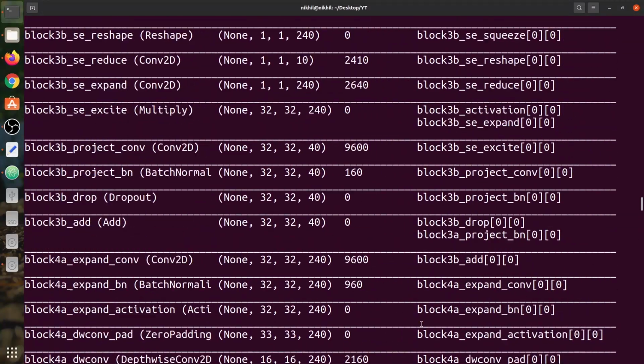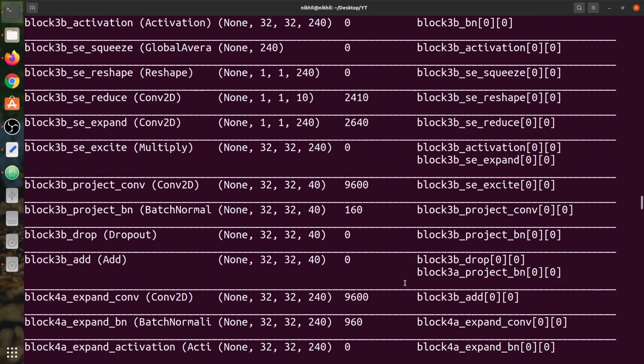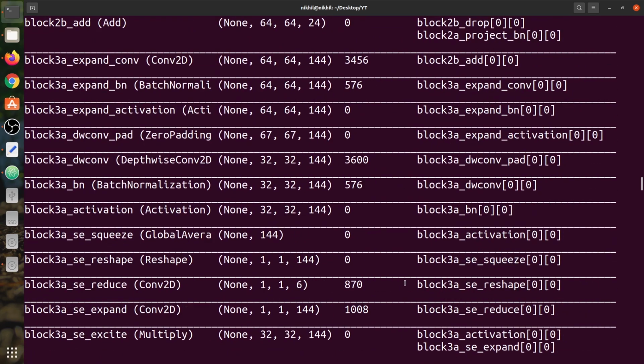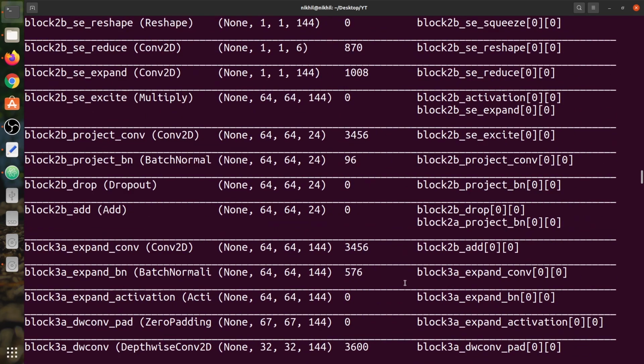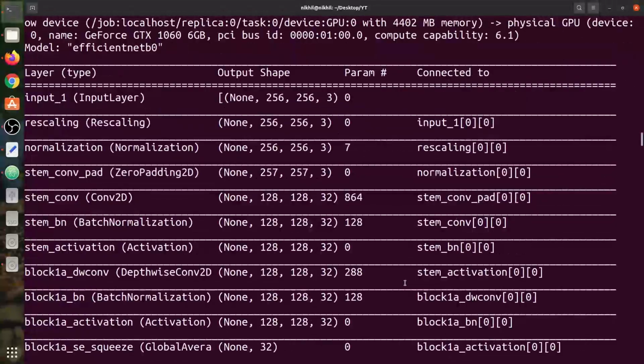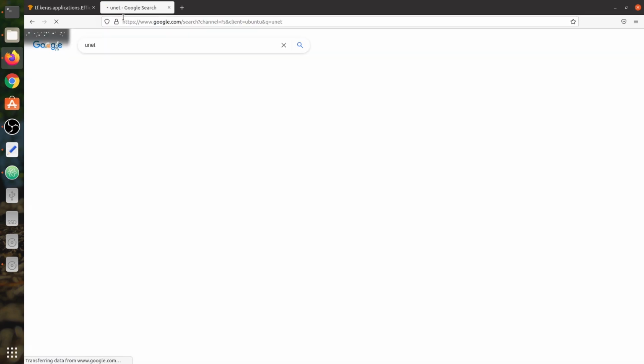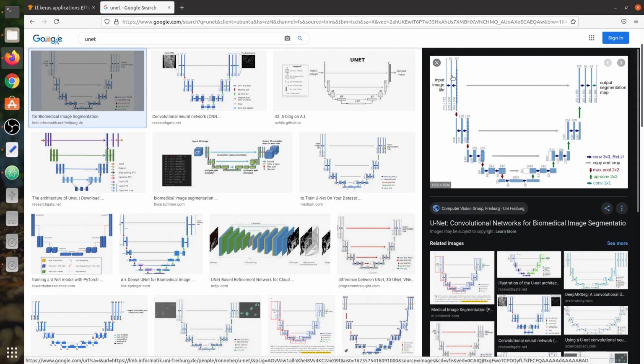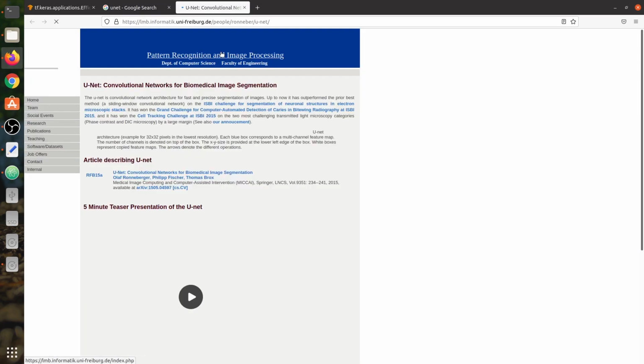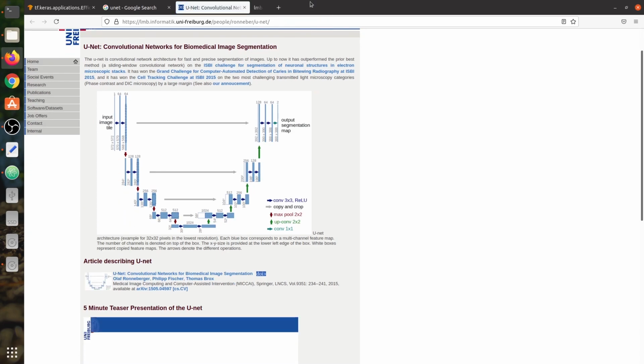Now this is basically the encoder part and the bridge part for the entire U-Net. We just need to build the decoder from scratch. So now from this whole architecture, we need to extract the layers for the skip connections, because the decoder takes skip connections from the encoder, if you remember the U-Net architecture. So let me just show you a diagram of the U-Net. Okay, so here you can see this is the original diagram for the U-Net architecture.